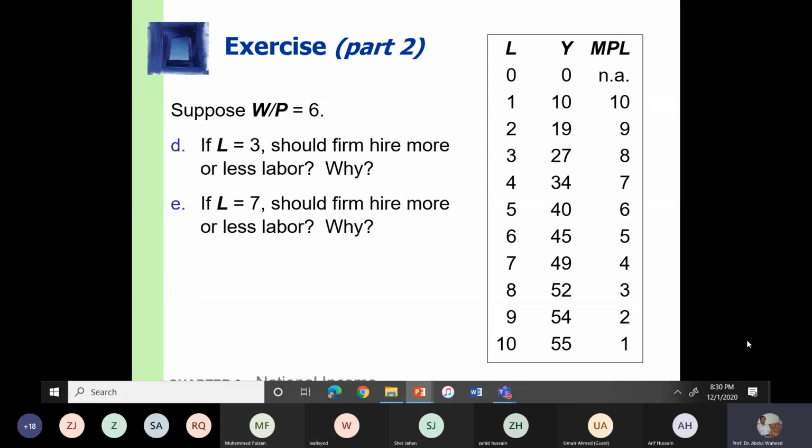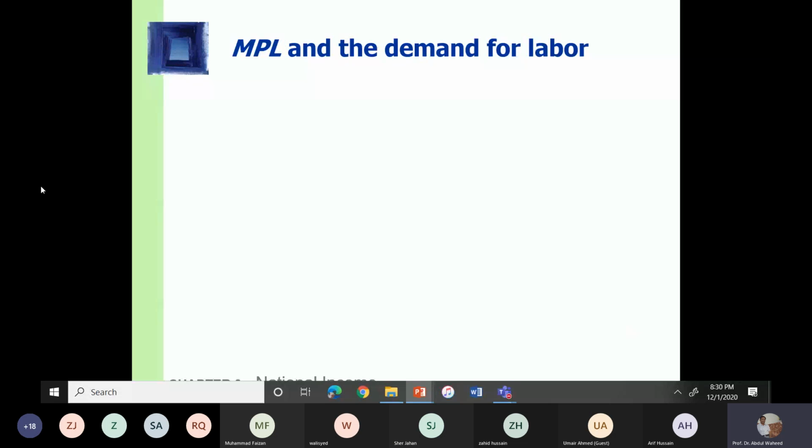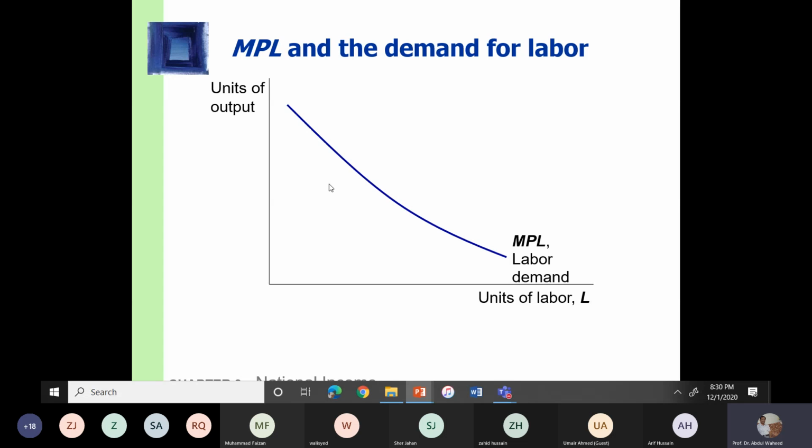तो लेट्स प्लॉट, सो ये जो मार्जिनल प्रोडक्ट ऑफ लेबर है, दिस इज बेसिकली शोइंग द डिमांड फॉर लेबर। ओके, तो मार्जिनल प्रोडक्ट ऑफ लेबर कर्व दैट इज बेसिकली द डिमांड फॉर लेबर कर्व। ये अगर यूनिट्स ऑफ लेबर है, यूनिट्स ऑफ आउटपुट है, तो ये लेबर डिमांड कर्व है। रियल वेज के साथ देखिए नेगेटिव रिलेशनशिप है ना, रियल वेज बढ़ जाएगा तो लेबर डिमांड कम हो जाएगी, रियल वेज कम हो जाएगा, लेबर डिमांड बढ़ जाएगी। दैट्स फाइन। सो डिमांड फॉर लेबर कर्व इज द